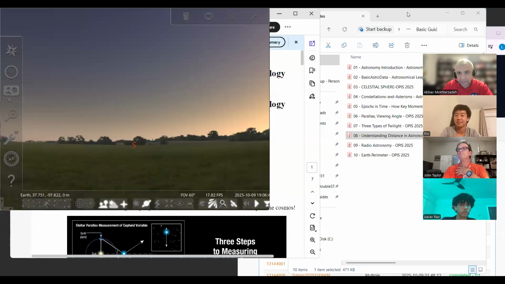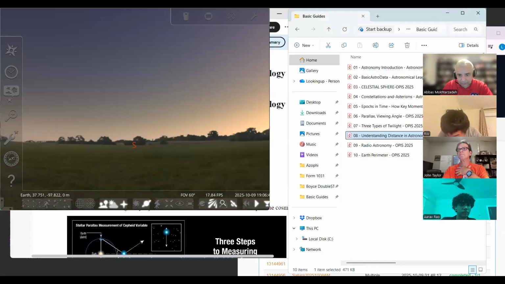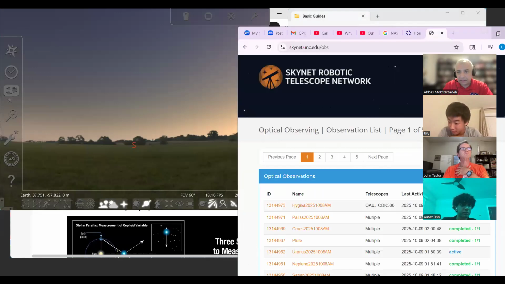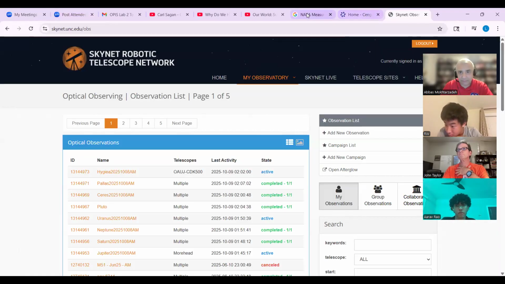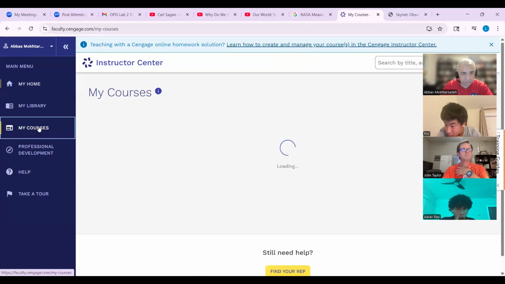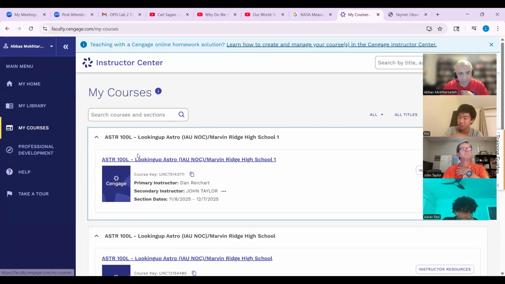And also, we're going to look through some information about understanding Stellarium. That's one of the key tools in lab 2. We're going to use it frequently. And let me go first to SkyNet. Let's see which one. Okay, here we have the home, the courses. We're going to go to the